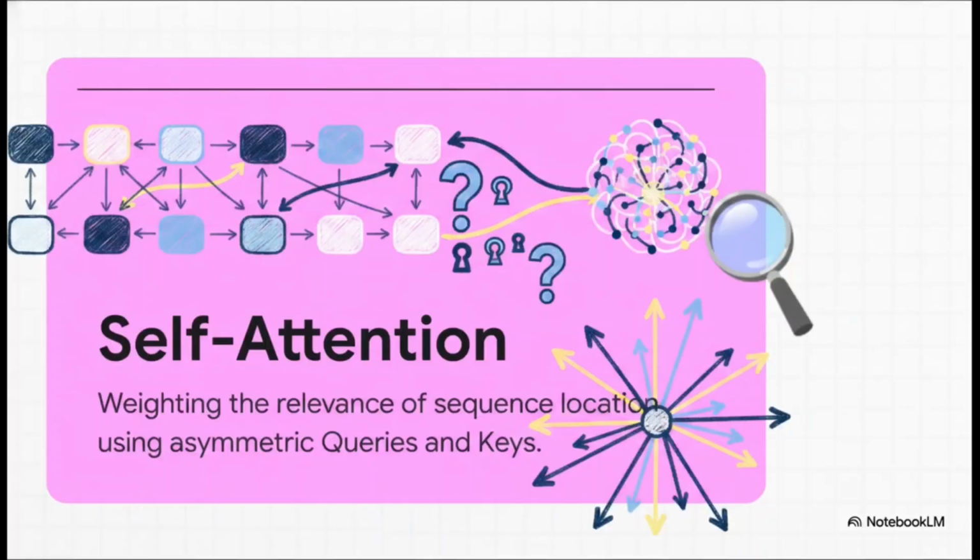Now, once the data is chunked into tokens, how on earth does the AI understand the context? It does this through a pretty genius mechanism called self-attention. This allows the model to figure out which parts of a sequence matter most to each other. It uses these asymmetric mathematical operations known as queries and keys. Essentially, the model is constantly asking itself, okay, based on this specific token right here, which other tokens in this sequence should I pay the most attention to? That's how the AI connects the dots and builds the big picture.